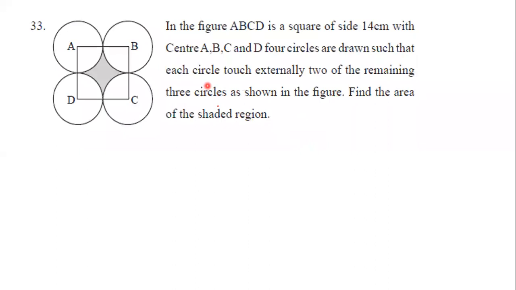In the figure, ABCD is a square of side 14 cm with centers A, B, C, and D. 4 circles are drawn such that each circle touches externally 2 of the remaining 3 circles as shown in the figure. Find the area of the shaded region. Observe here, this is the square. So you need to find out the shaded region. So area of the shaded region is equal to area of the square